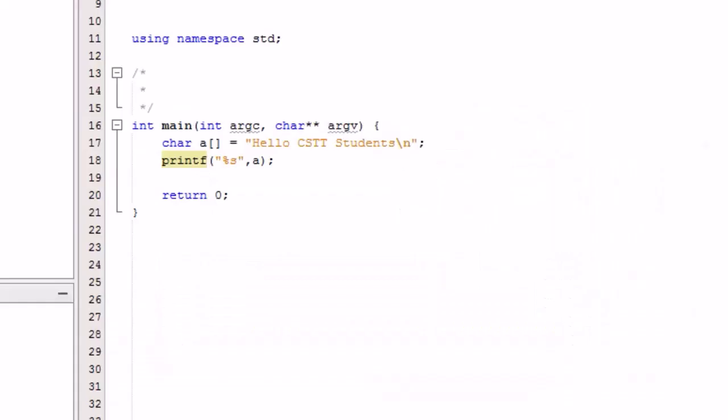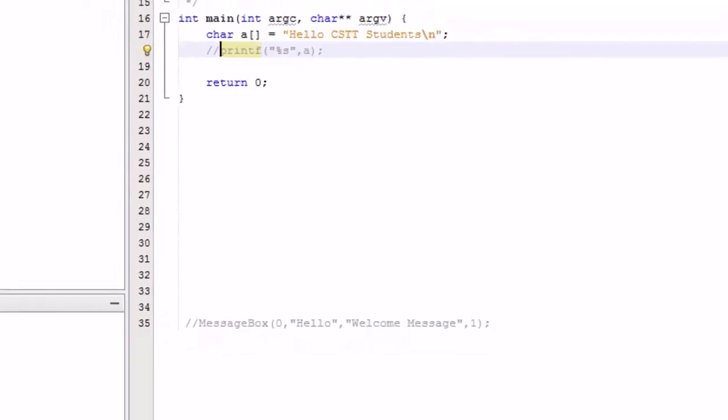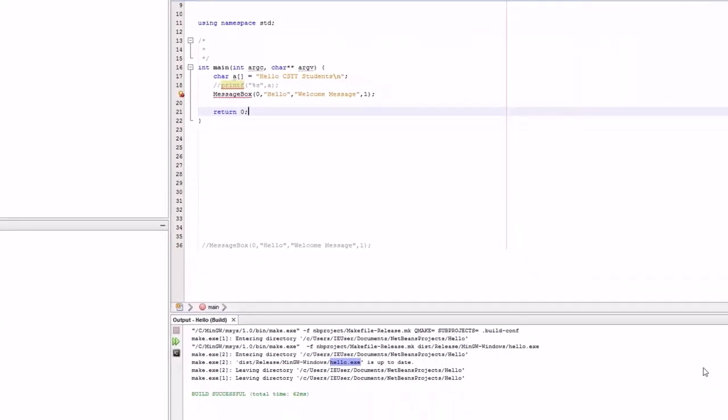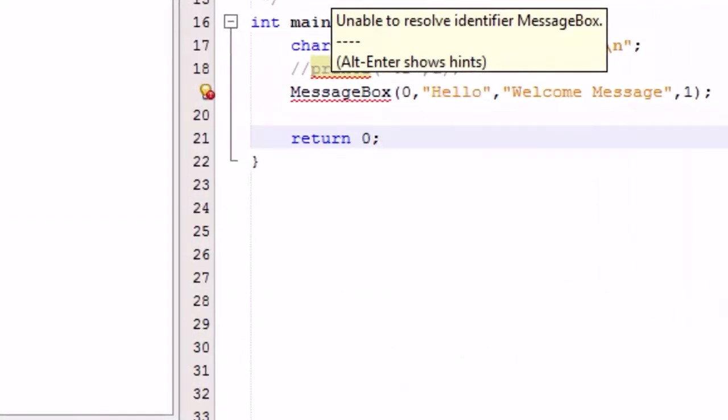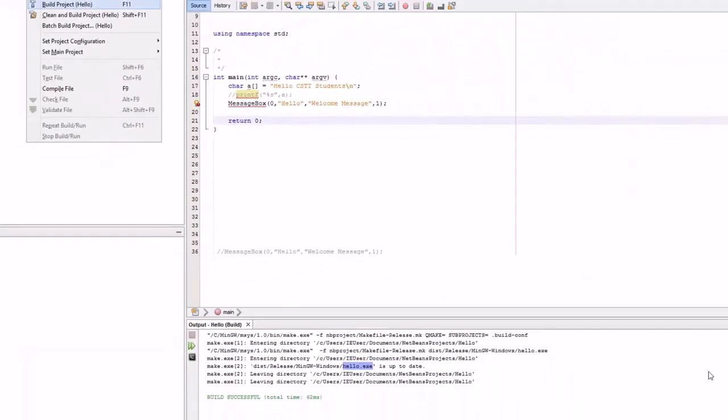So we come back to the source code, and now we're gonna add a message display. I mean, instead of putting just the print that we were doing here, we're gonna say send a message box. So if we do that and we try to compile it, there is an error here, right? It says unable to resolve identifier MessageBox. It doesn't know what it is. So if we try to compile it again,